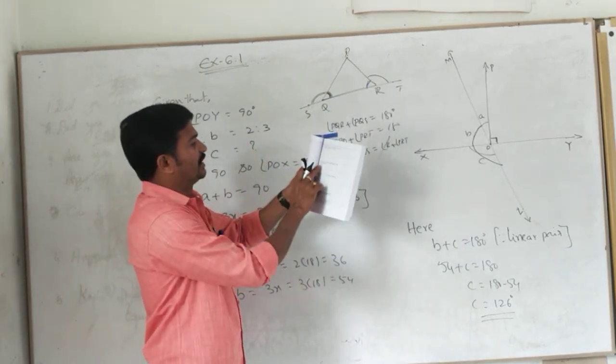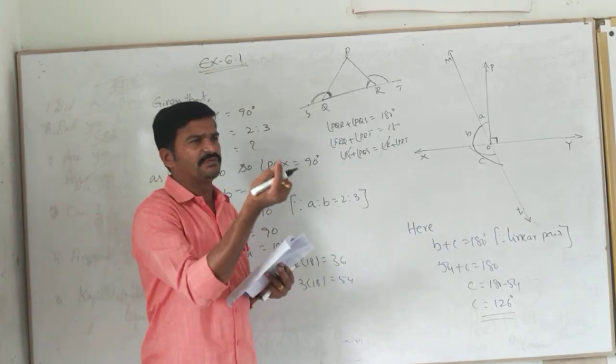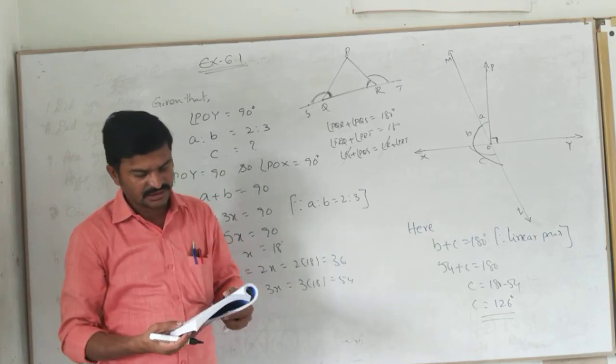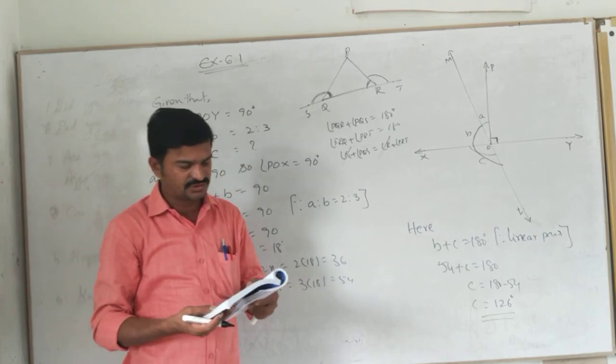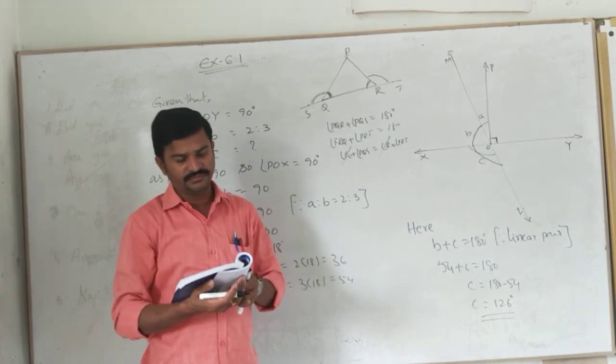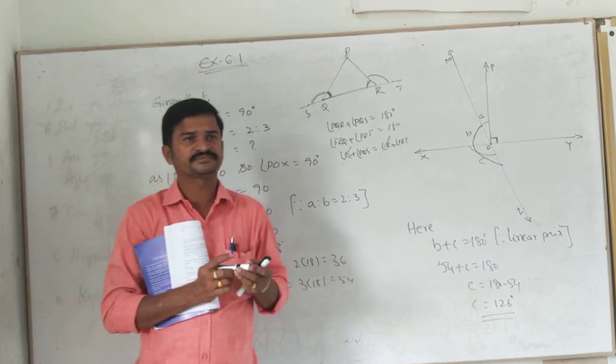See here, angle PQS equals angle PRT. Here only one property, the straight angle property, we use. Isn't it? Yes. Like the fourth problem also is easy only. That also you have to do. Third and fourth problems are homework for you. Are you clear? Yes, sir. Second problem, all of you note it down now. Fast.